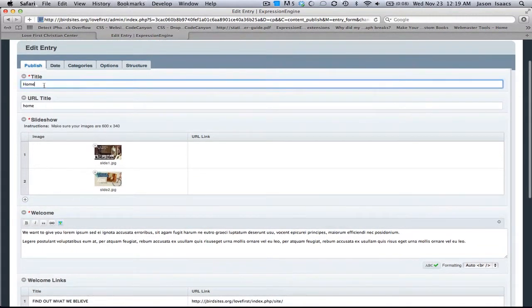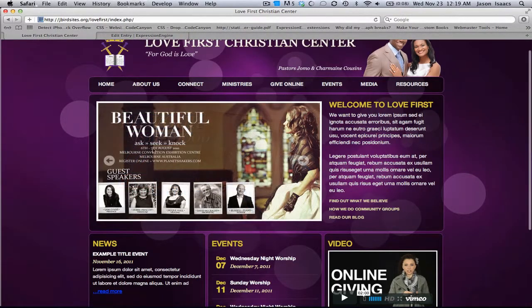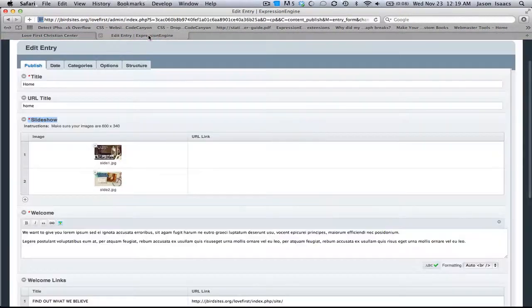And we see a title, which we titled home. You shouldn't have to worry about that anymore. Then we see an area that says slideshow. Alright, and this is where you will add your images and add links to those images if you choose. We see two images right now, and those two images can be seen on the website, scanning back and forth. You can add as many images as you want. You can add 100 if you wanted to. I would recommend no more than maybe 5 because people usually don't stick around long enough to look at all